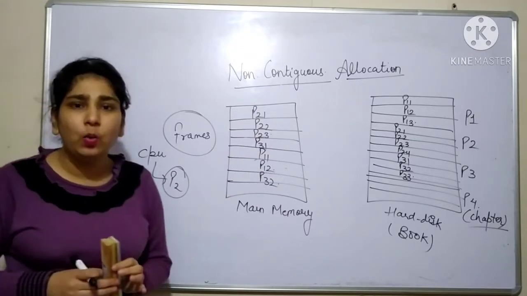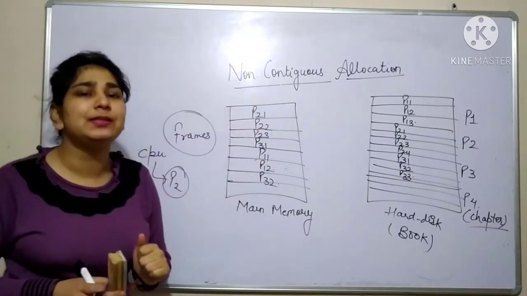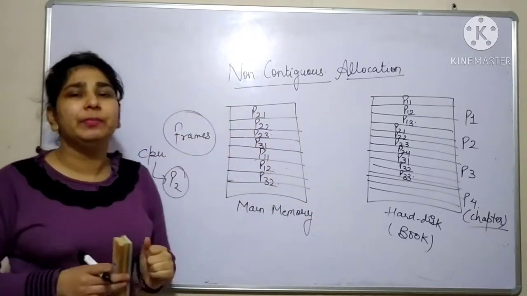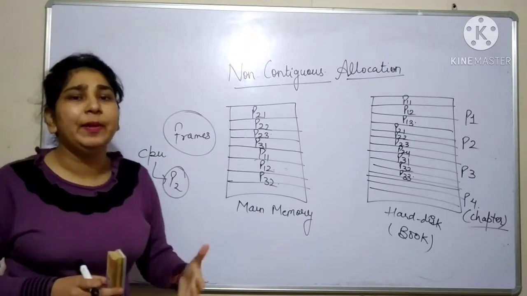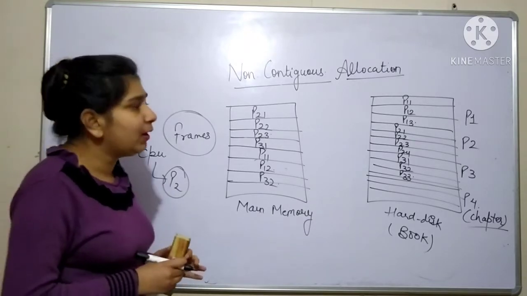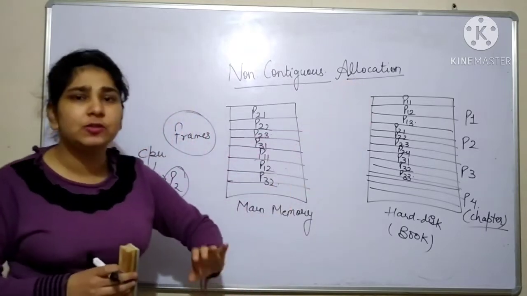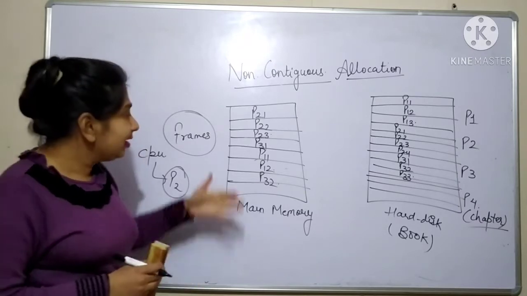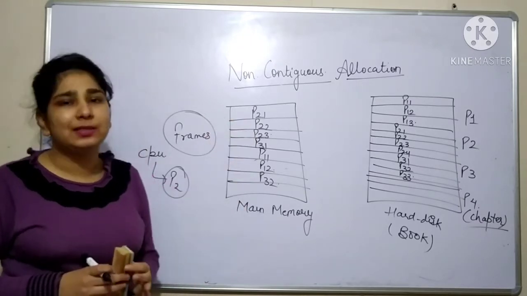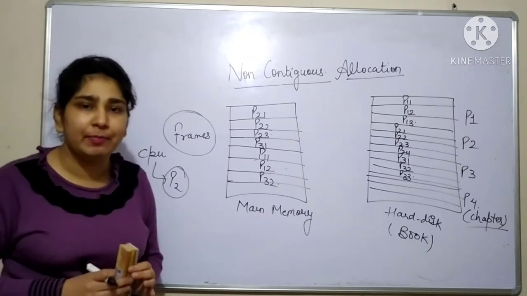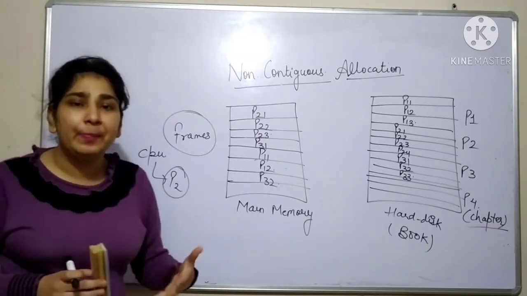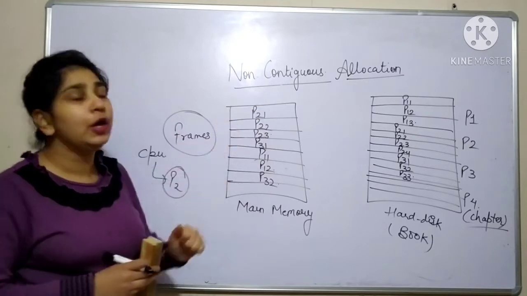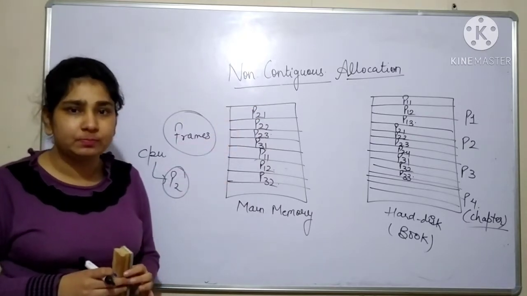So this is how we can implement non-contiguous allocation. We don't want the complete process to be stored in the main memory because it is going to limit your multitasking. If you store only some of the instructions of one process in the main memory, you are giving a chance to many processes to be present in main memory. We are able to implement multitasking in a better way with the help of non-contiguous allocation.